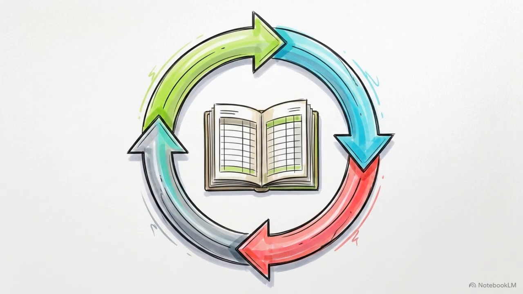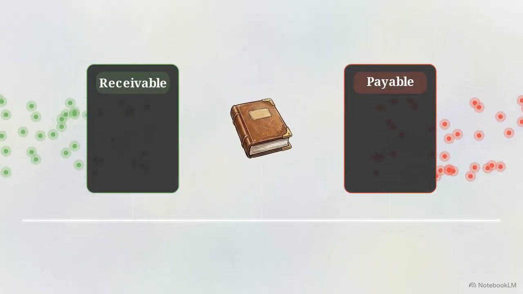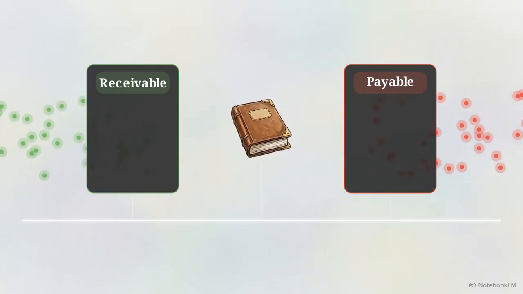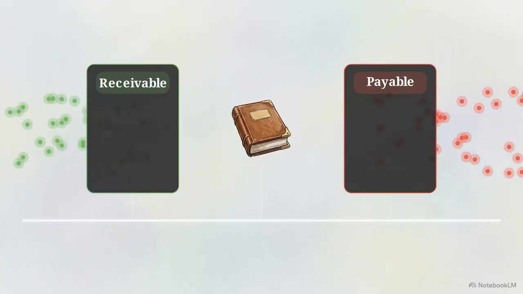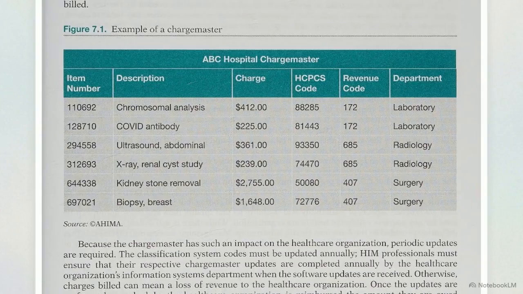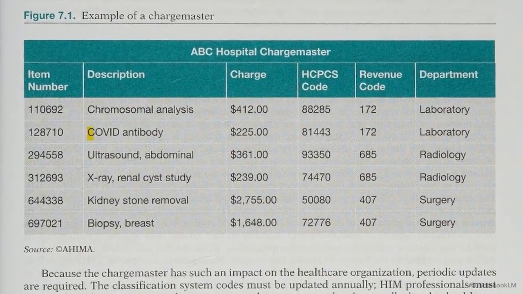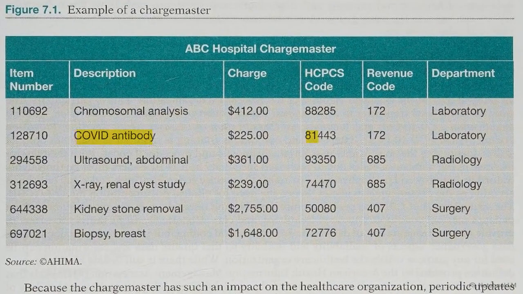This is handled by revenue cycle management. RCM is the daily administration of accounts receivable and accounts payable, the lifeblood keeping a hospital fiscally solvent. The core of that cycle is the charge master, a translation matrix converting clinical procedures into billable financial codes. If a nurse runs a COVID antibody test, the system maps it to HCPCS code 8143, generating a precise charge